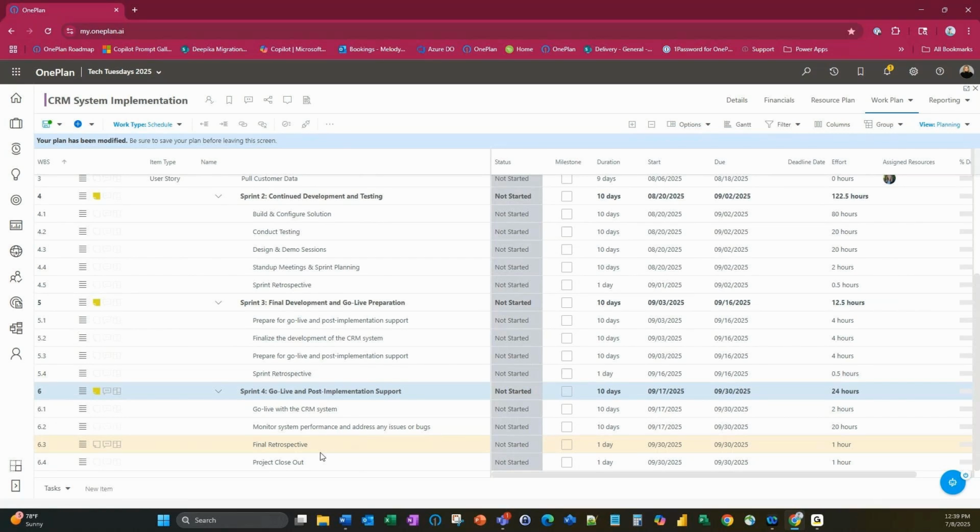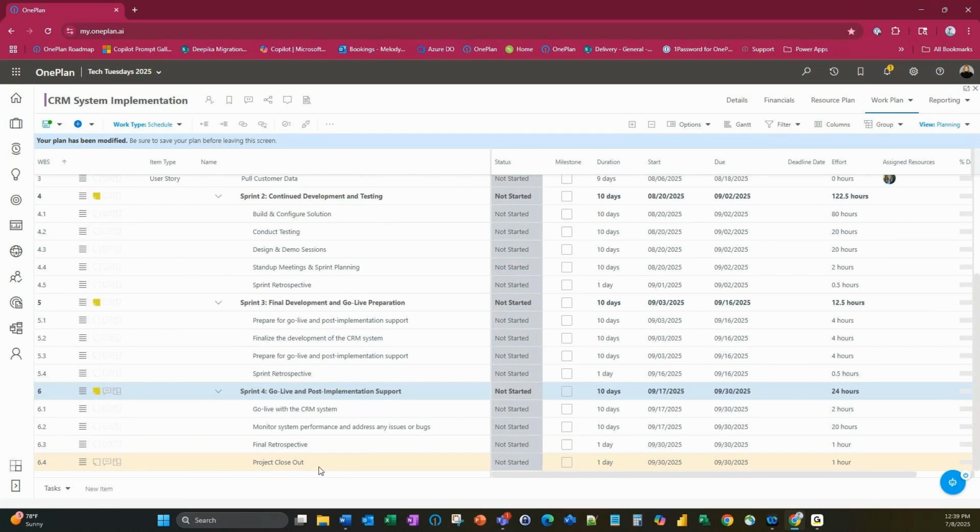And the final retrospective is going to be a little bit more in depth because now we're talking about everything in the project, everything that went great, everything that didn't go so great. What are our lessons learned from that? What are different things that we can take over to the next project? So that we are more knowledgeable when we start on the next project by having the lessons learned from this project. And then you have your simple project closeout. This can depend on your requirements for project closeout.